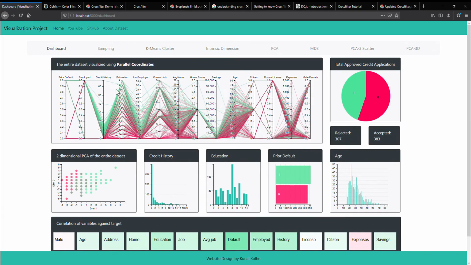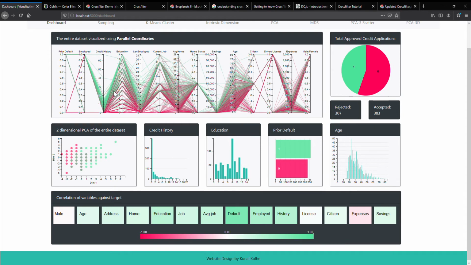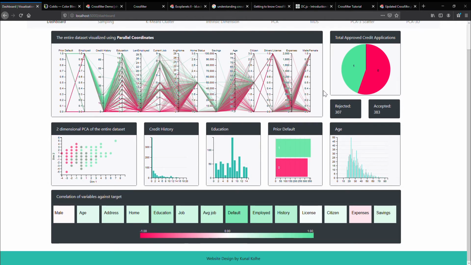As you can see, I have made a dashboard over here, and you can see the entire dashboard without scrolling. Basically it reduces the load on the user's memory, and the user does not have to memorize many things. Then you can see a parallel coordinate plot at the top, and I've made that so that you can see all the 14 variables